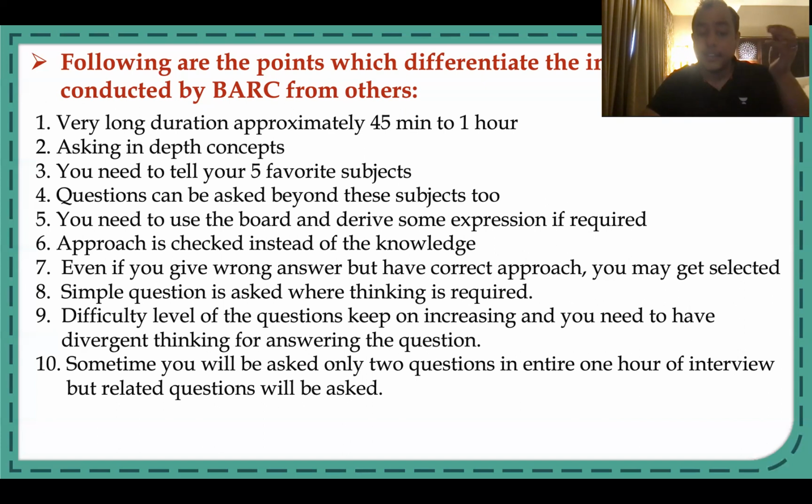Okay. And if you see beta, 0.6 and 0.7, this is exactly the thing that I told you about, that your approach matters, whether you are able to approach a question. See, sometimes what happens when somebody asks us a question, we completely go blank and we are not even able to utter a single word. That is what is negative about your performance. But if somebody asks you a question and you are able to think about it, you are able to start from scratch and reach up to a certain point, may not be the final answer,